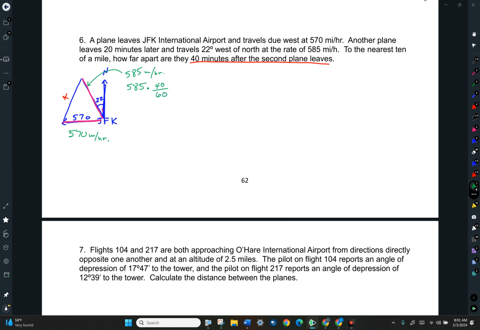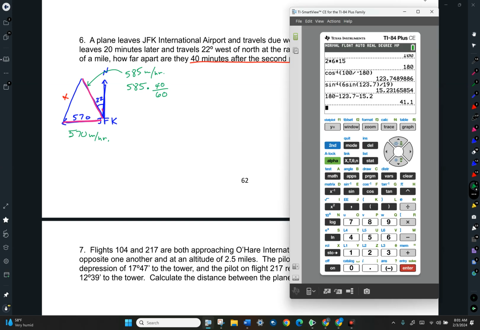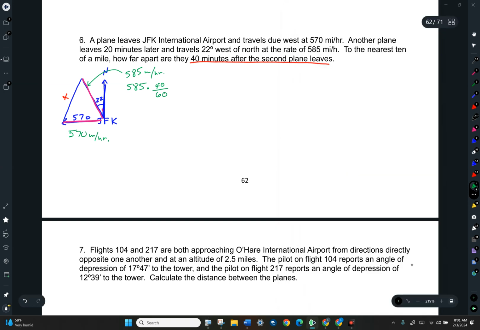So I'm going to need to multiply: 585 times 40 divided by 60. So he's gone 390 miles. So the length of this side